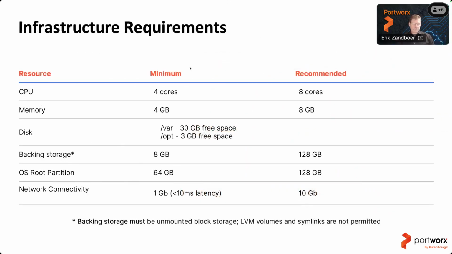Right, very low infrastructure requirements. The minimum is 4 cores, 4 gigs of memory. Recommended is 8 cores and 8 gigs. So usually you need to reserve some resources for Portworx to run, but it is very thin and very efficient. So you can just run it next to your worker nodes, right? For OpenShift, for example, you can have specific infra nodes that will do things like provide storage. For Portworx, that's not required. So usually we just install it with the worker nodes, and that makes it more or less an HCI-like approach.